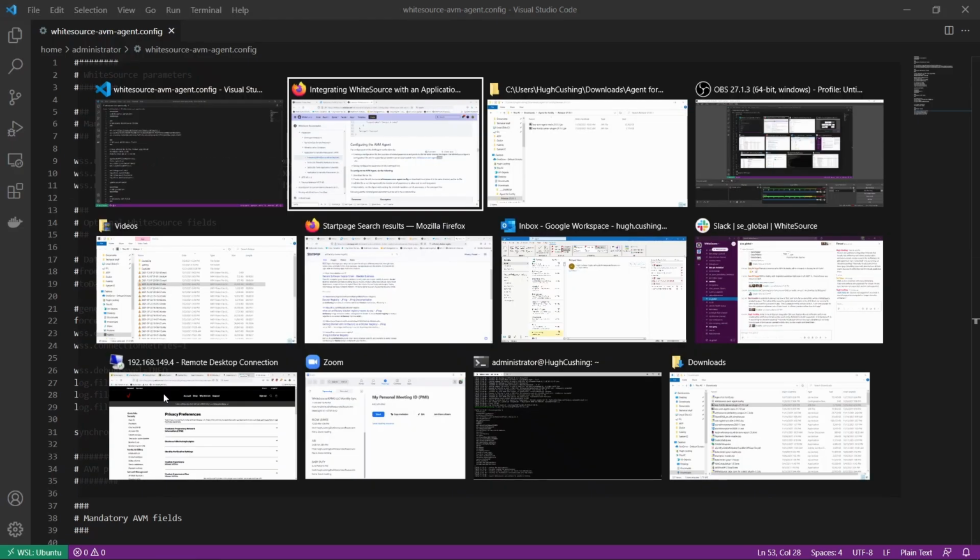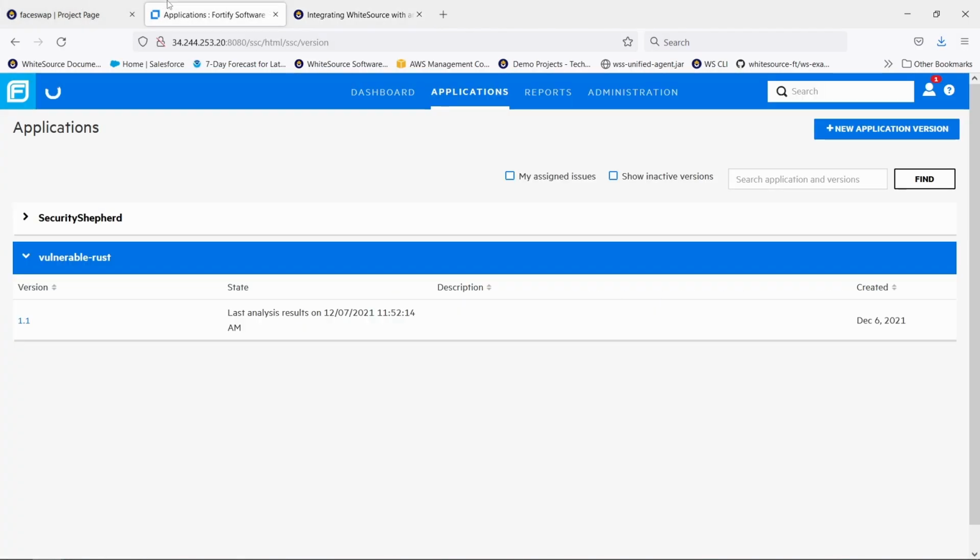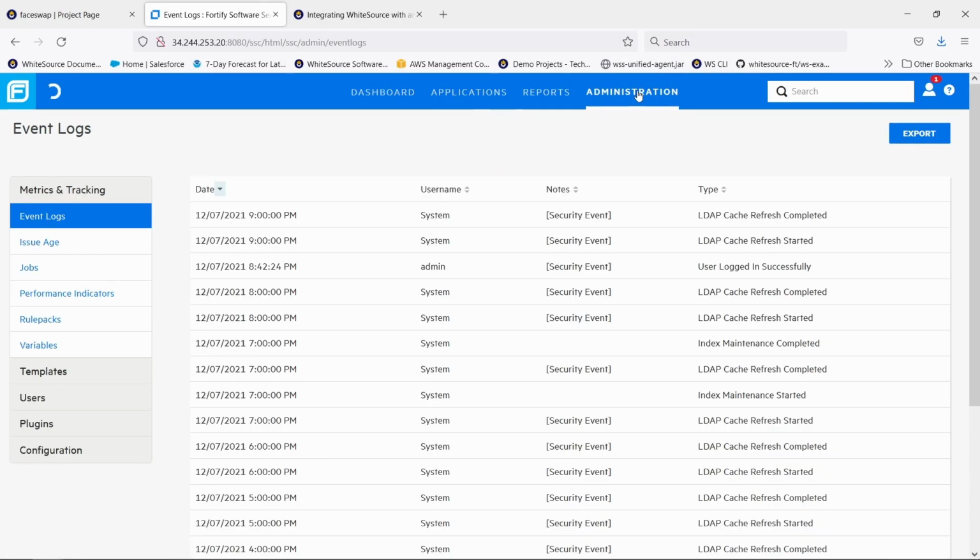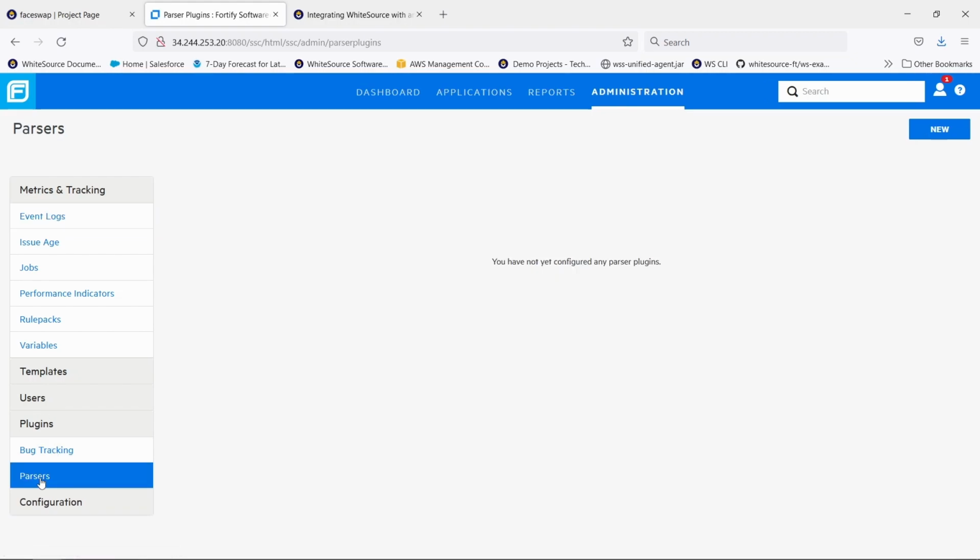To set it up, the first thing you do is go to Software Security Center and install that parser. You have to be an admin in Software Security Center. There are users with the right permissions that could do it, but being an admin is the easiest. You go to the Administration tab, you pick Plugins down here, and then you pick Parsers down here. You click New,